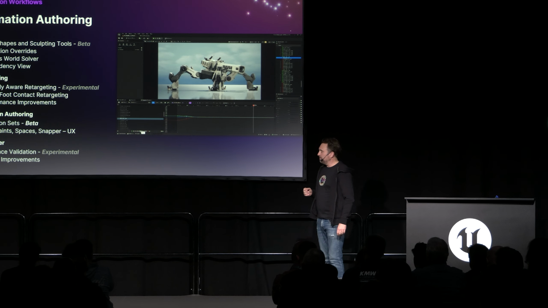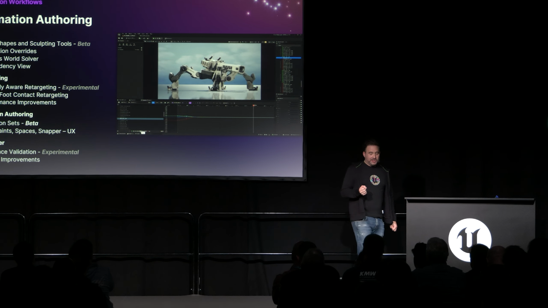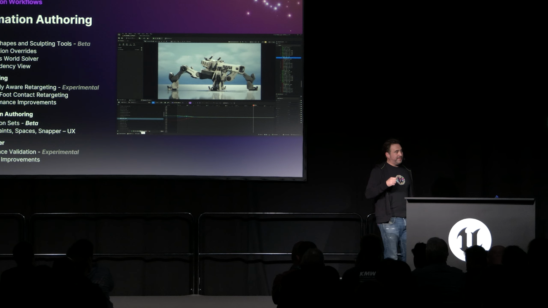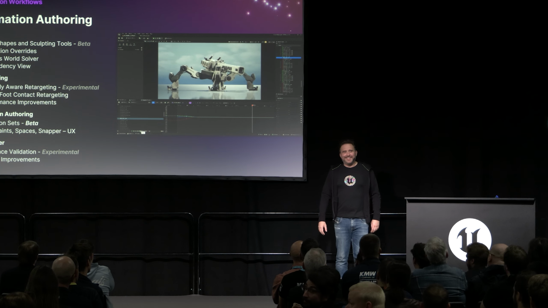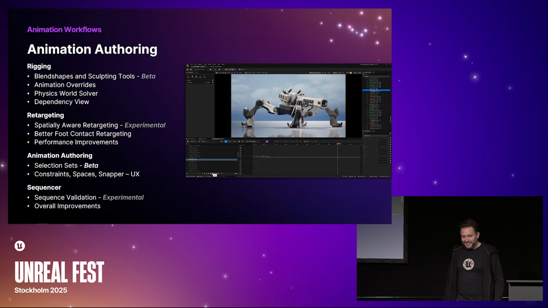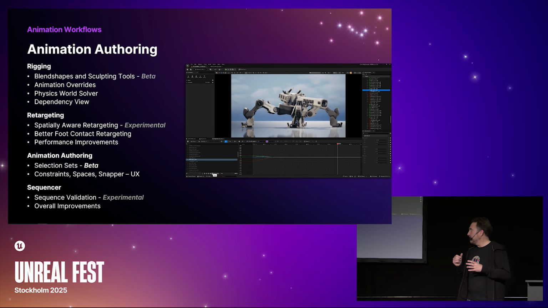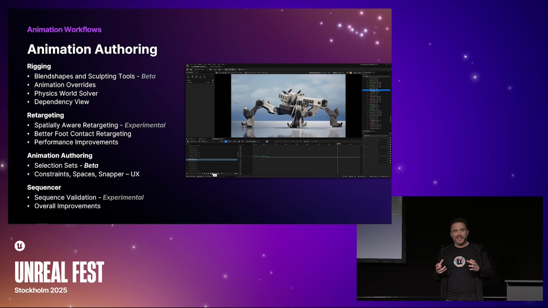So super cool. Animation authoring in itself, right? A lot of quality of life improvements, because yeah, we have animators using the tools themselves, and then they give us feedback. They're like, well, I hate this, right? This needs to be faster. We need to iterate on that stuff a lot. So a lot of quality of life going into authoring, and then last but not least, on the sequencing side of things,